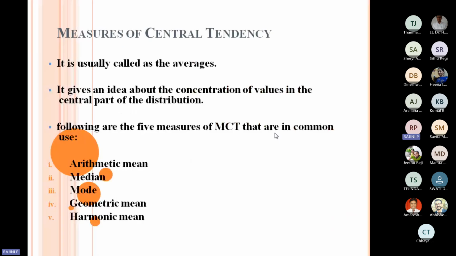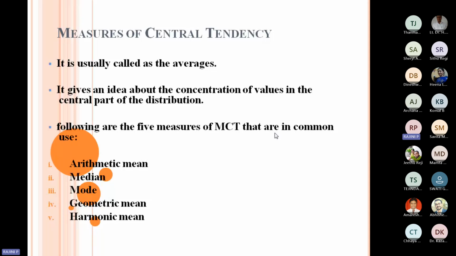And next, let us go for the measures of central tendency. I told you that once the data is clear, we need to apply the statistical techniques. Before going for the analysis of the data, you need to check the descriptive statistics of the data. Through diagrams, we understand a few characteristics of the data, but if you want to show them in numerical values, it is not possible through diagrams. So we go for some basic statistics, and the first main step is measures of central tendency.